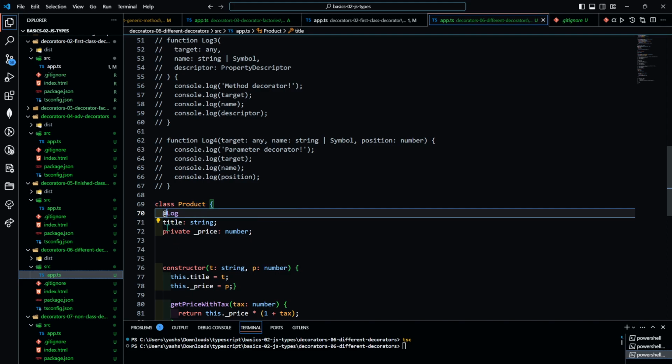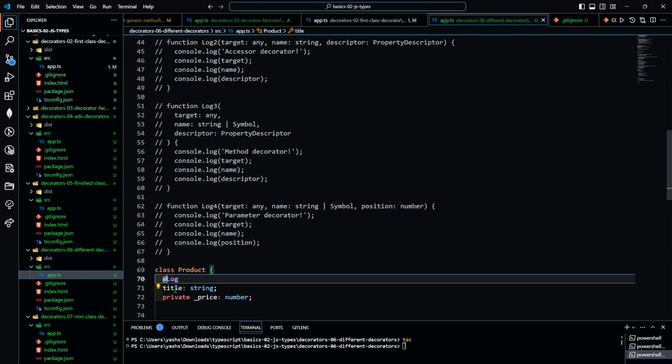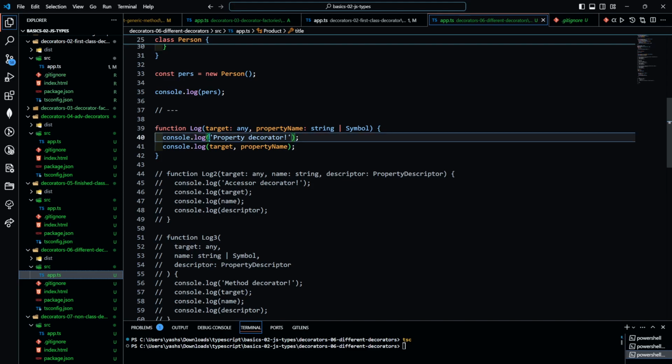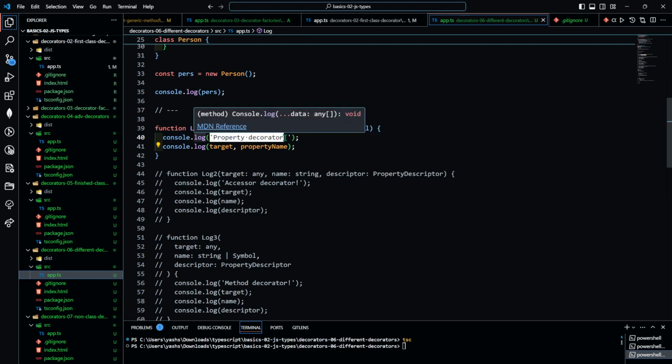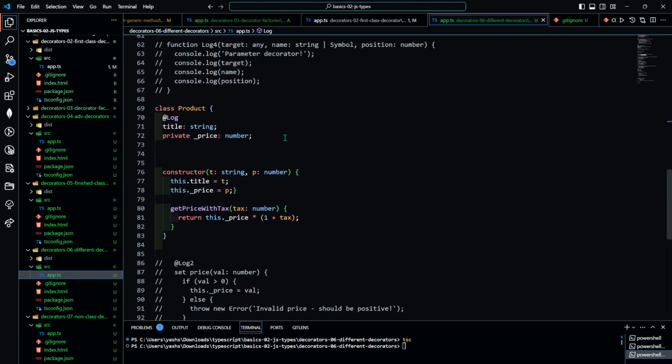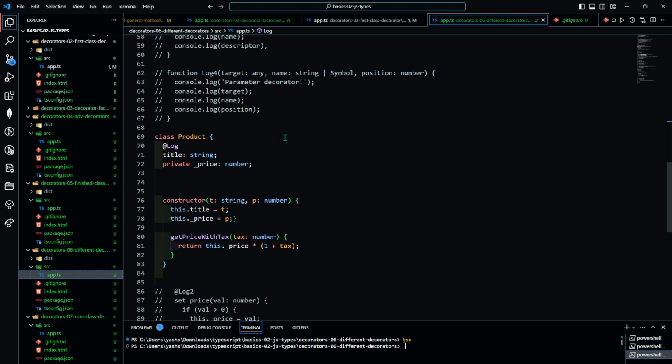As you can see, when I'm calling log here, it is firstly printing this thing. So when we are defining the class, it is printing, and then after that our prototype will be there, and when we print this,